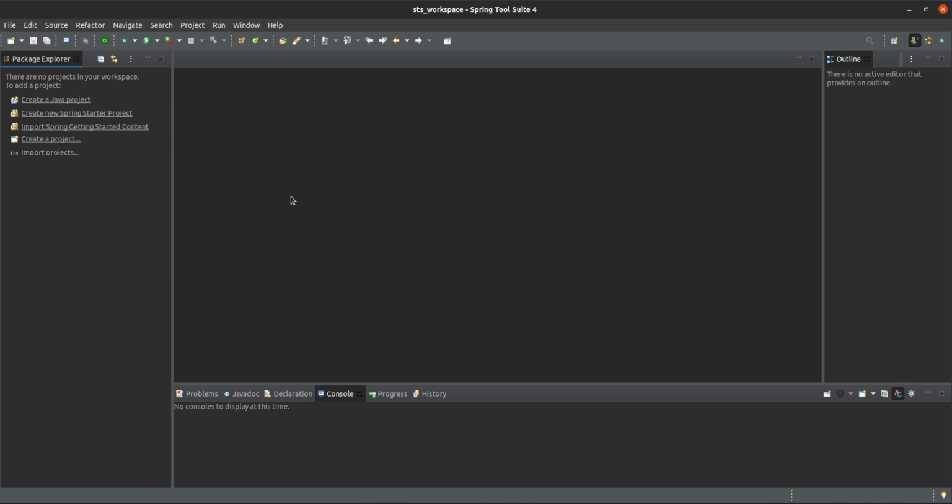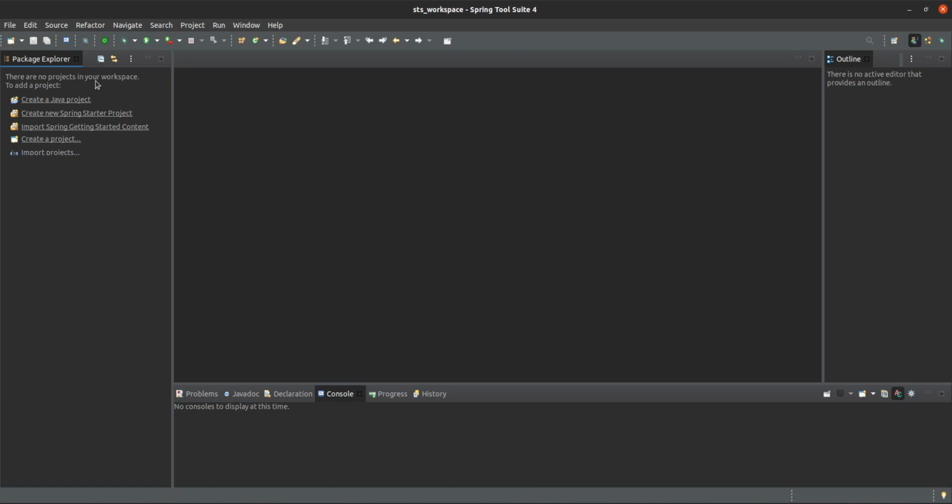It is where your code or your IDE configuration will be placed. That is called a workspace. So you can give the workspace and click continue. After that, your IDE will show this UI.